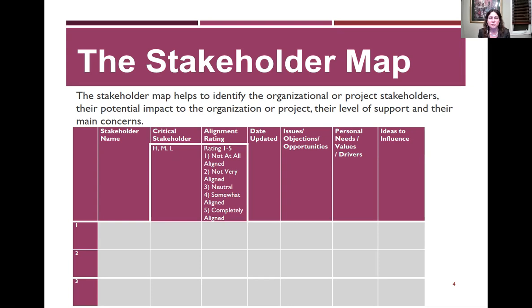People move around and they change and positions change, so you really need to keep your eye on this, and if you're keeping track, update it on a regular basis, or at least at some frequency or interval. Then document those issues, objections or opportunities. Maybe it's providing them with more information, maybe it's mitigating their concerns, or maybe it's being able to leverage someone who's completely aligned, a strong supporter, to champion and help